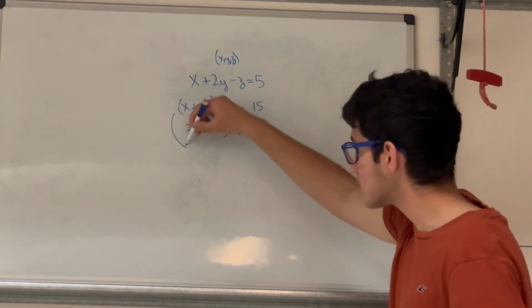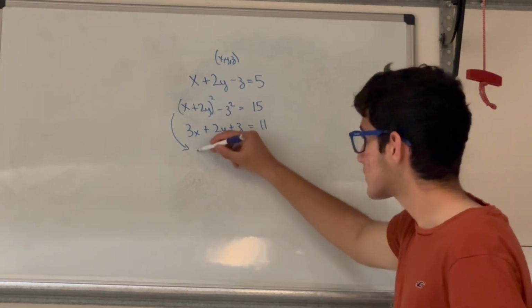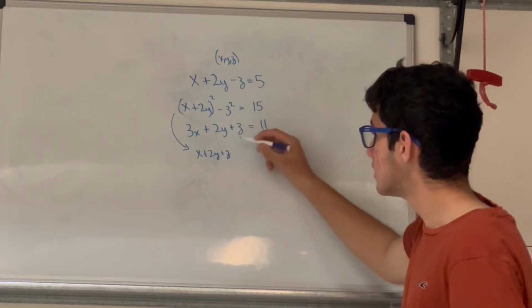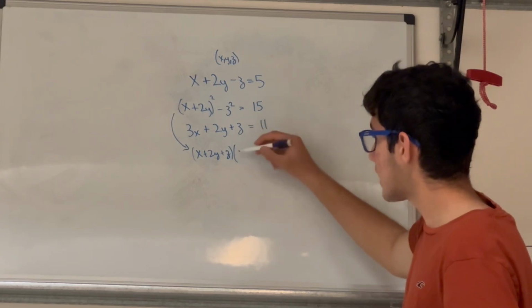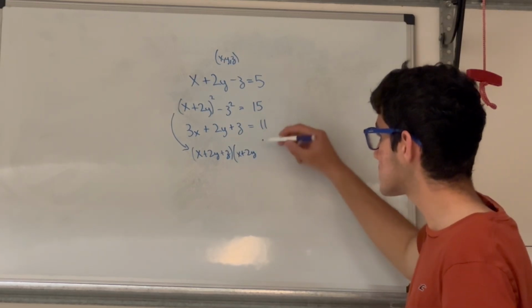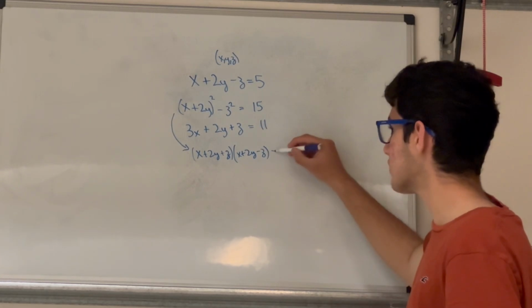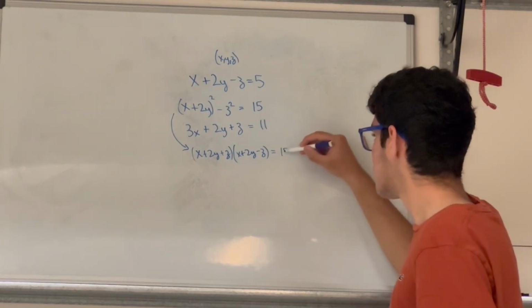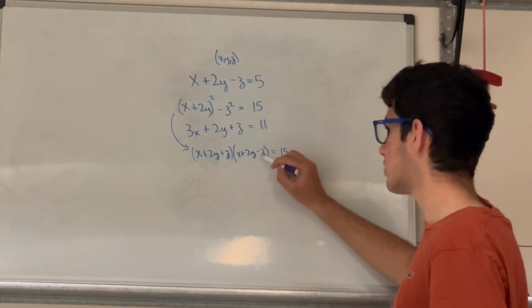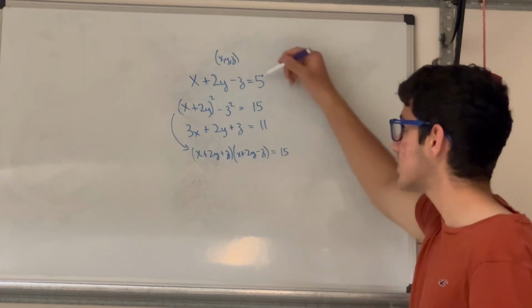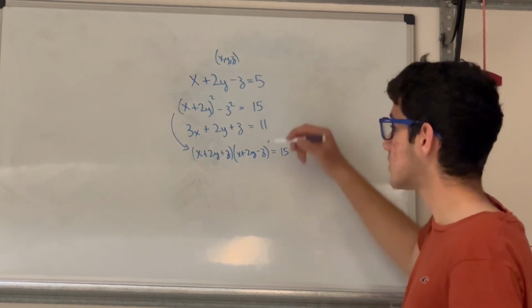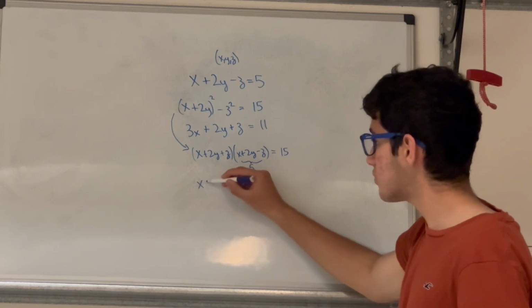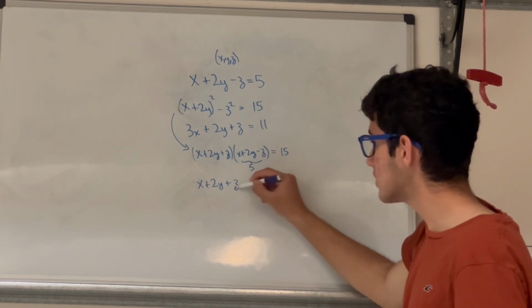So let's just take this down here. You can write this as the first term, so that will be x plus 2y, plus the second term, times the first term, x plus 2y, minus the second term. And then obviously, this is the same as this, so the right hand side will be the same as 15. The unique thing is we know x plus 2y minus z, right? How do we know that? Because it's given to us right here. This is equal to 5. We can divide both sides by 5. And we now find that x plus 2y plus z is equal to